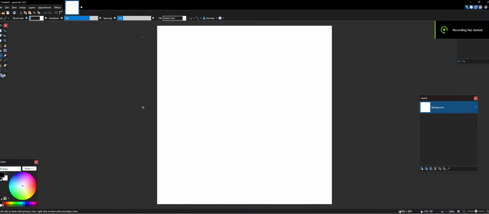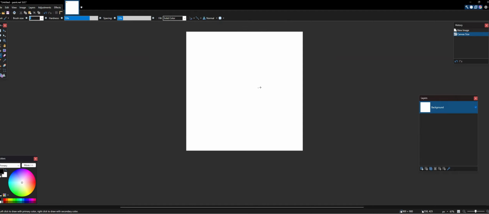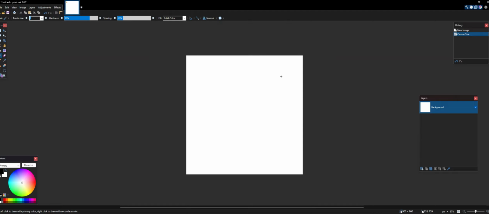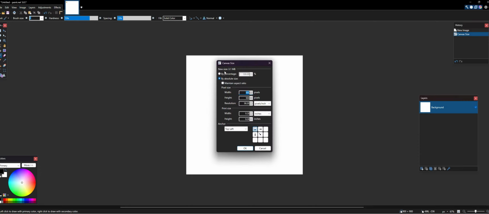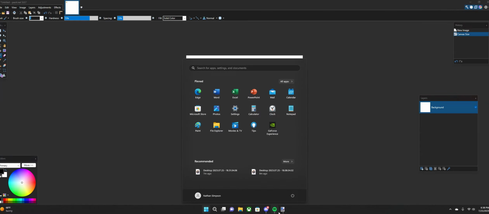Alright, so the application I have here is called Paint.net. It's a really good picture editing app. I don't know what you call it, but I usually use this to make my thumbnails and my GFX profiles. So usually the image size I use is 900 by 900 or 800 by 800, whatever flows with you best,